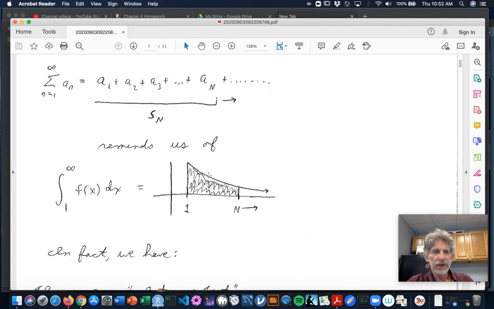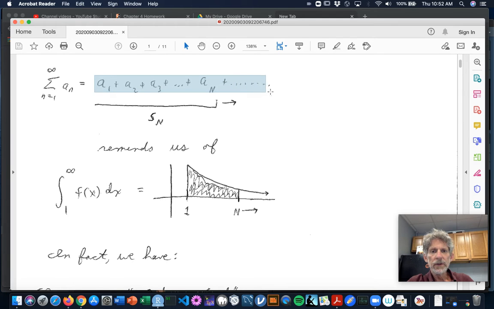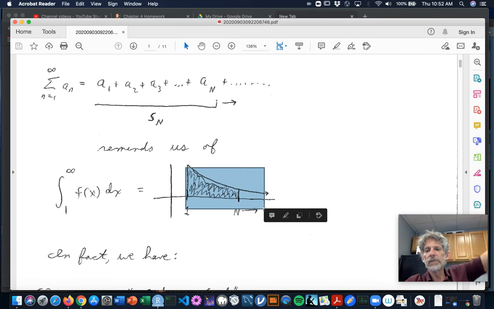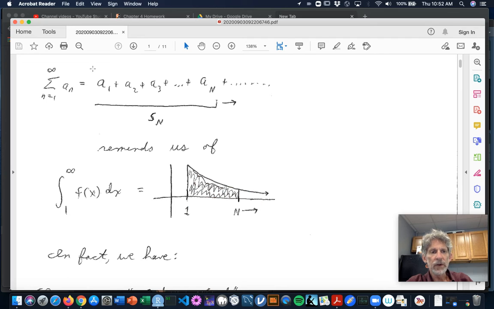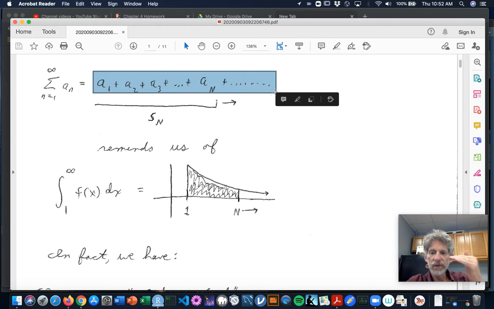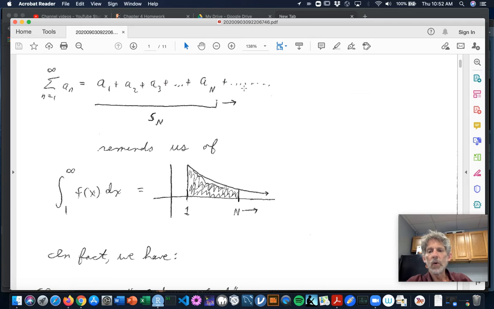When all your terms are positive, every time you move out further in your series and take a bigger partial sum, you're adding on, so you're getting a bigger sum. And when this function is positive here, as you move the n out, you get more area. So really the question is whether you level off at some finite area or you go up to infinite area. Similarly here, are you going to level off at some finite number for your infinite sum, or will the series sum to infinity?